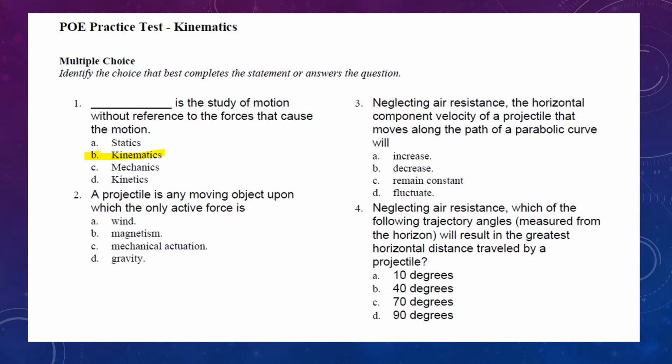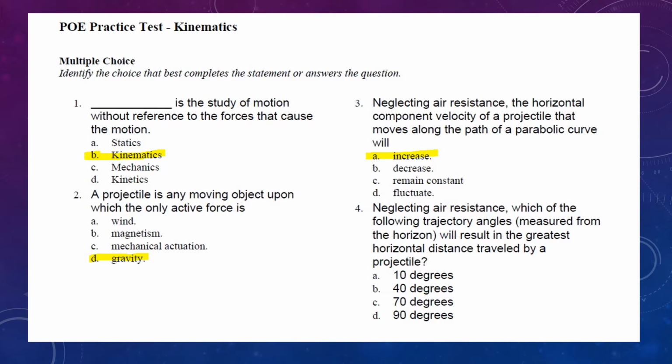Number 2, a projectile is any moving object upon which the only force or active force is going to be D, gravity. Number 3, neglecting air resistance, the horizontal component of velocity of a projectile that moves along the path of a parabolic curve will increase. So all that's asking you is how is it going to increase, decrease, remain constant, or fluctuate on the parabolic